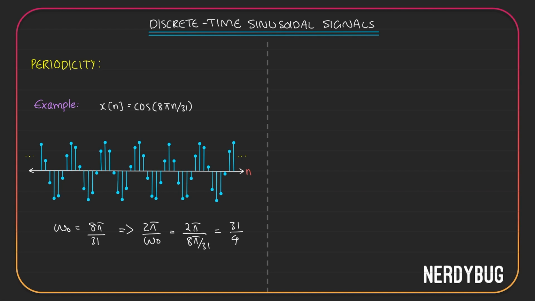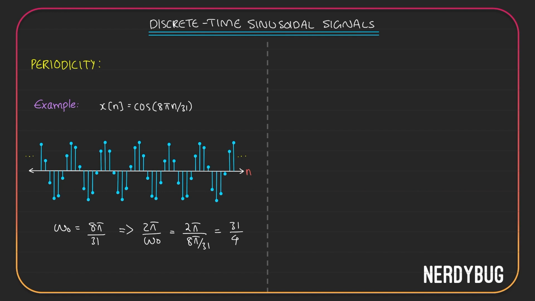In the previous example, it did work, now it did not. This is actually an important difference between continuous time signal and discrete time signal. If you think about it, the envelope of this signal, that is the continuous time version of it, must have repeated after 31 by 4 because it is defined everywhere, right? But the discrete version cannot repeat after 31 by 4 because we don't have a value there. So, where will it repeat?